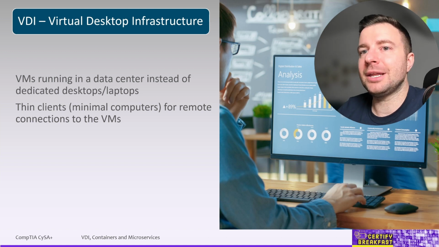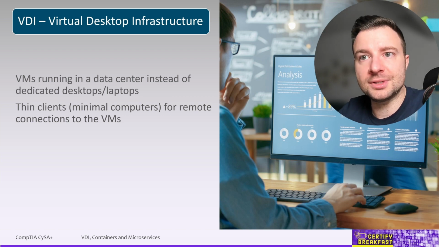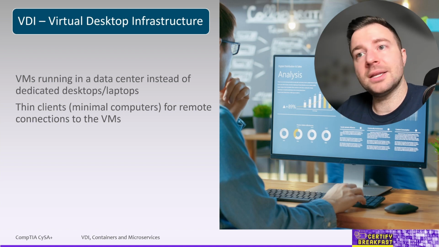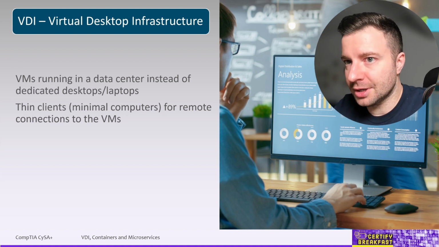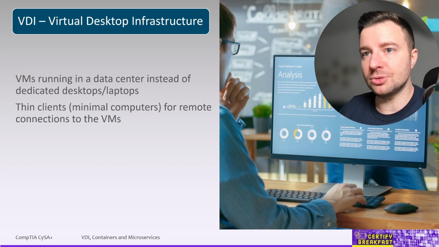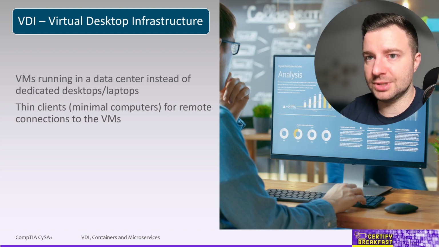Anyway, it's going to be a minimal computer with a small operating system, a screen, a keyboard, a mouse, some peripherals in there, some USB ports, and the network connection to your data center. Now, when the VDI client starts, it doesn't do much, but it initiates a kind of remote desktop connection to its corresponding virtual machine in your data center.